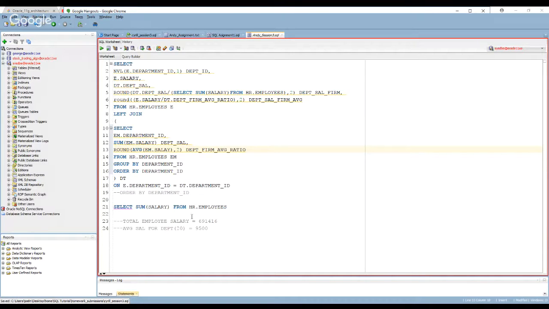I actually wanted to comment on that. It's pretty good. I see where you're going with it, which is you were trying to prove the formula that you're trying to put together, see if it's working. So you say, okay, what's the total employee salary? What is the average salary for Department 20, for example? I just did it for one department, figured out the average salary, pulled the people from that department, and did some computation just to see if it makes sense. That's sort of like unit testing of your results.